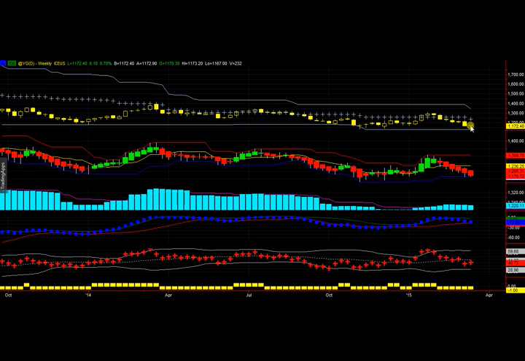caution is warranted at this time with regards to gold. It's deemed to be quote unquote unhealthy, on the wrong side of the super trend in red bars, so sellers in control. I would not try to look at getting long at the current time, and would be careful just on a general basis. With that, I will make sure to update you on a need-to-know basis as to any major